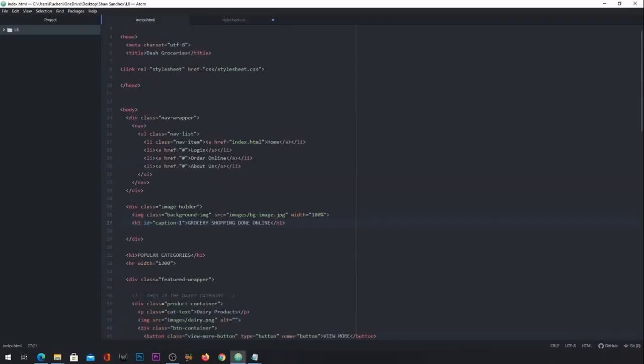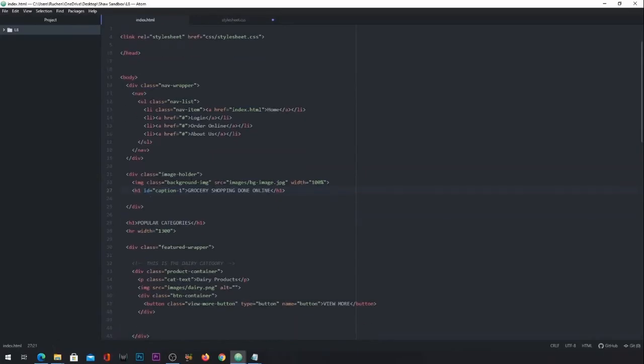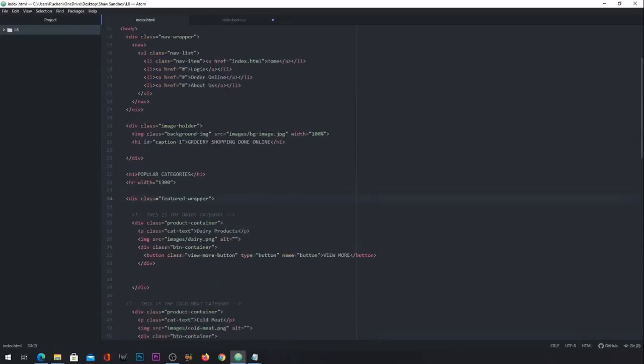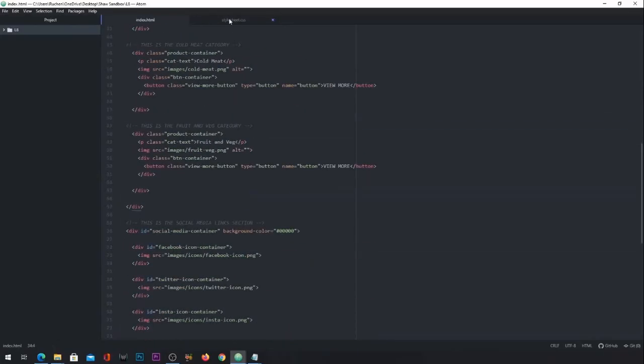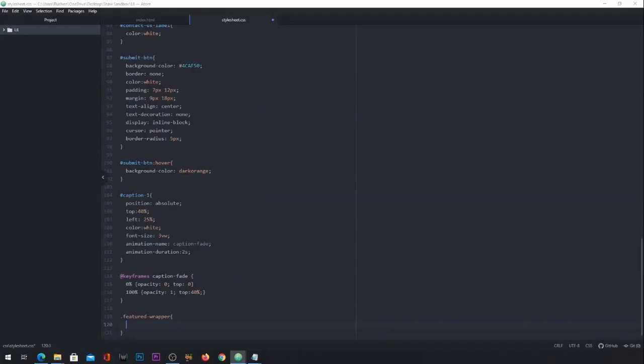So if I back over, our featured wrapper starts over here. So it is featured wrapper. Our featured wrapper starts over here and ends over there at the bottom. So for the parameters over here that I'm going to supply, the first one I'm going to do is position of relative. So I'm going to say position is relative,